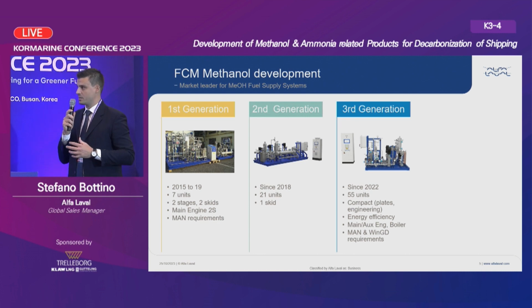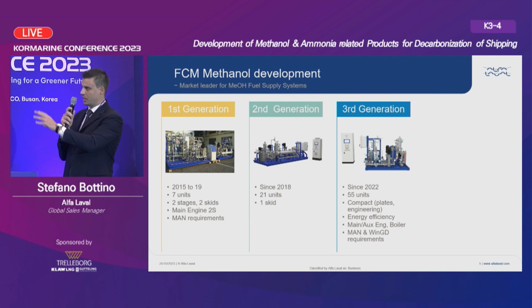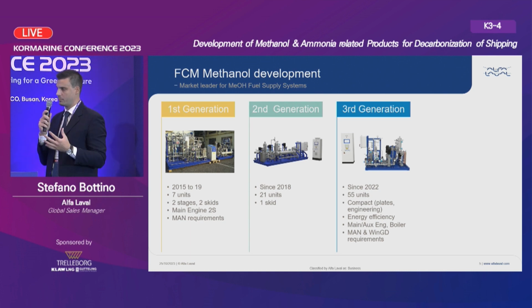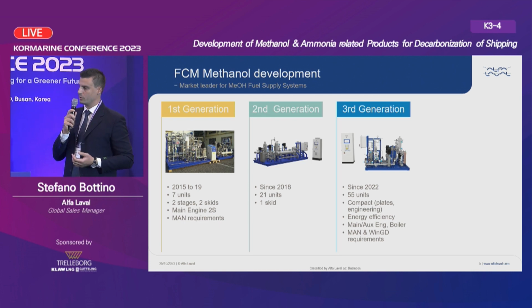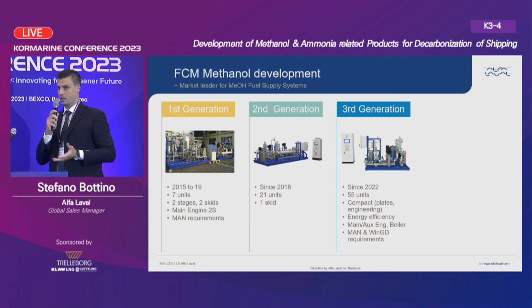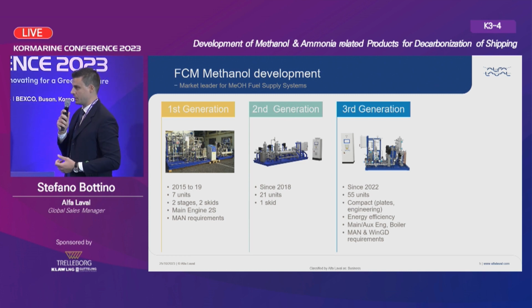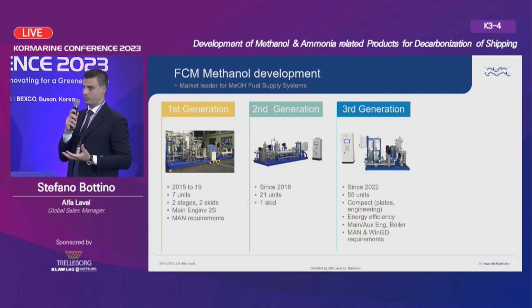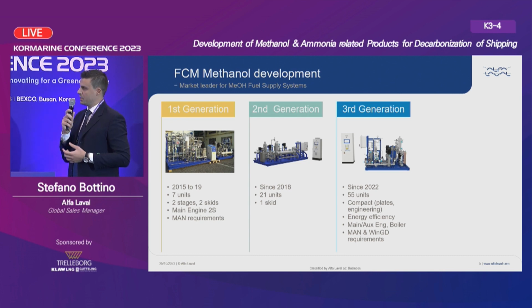The solution is basically a two-stage pump. We started with a couple of skids and then switched to one, to be more compact and easy to install on board. And of course, starting from the two-stroke main engines, the pioneer in this marine propulsion has been MAN, and we have followed their requirements since the beginning. And today, our third generation is already contracted for 55 units, and it is state-of-the-art for this technology, being a compact solution